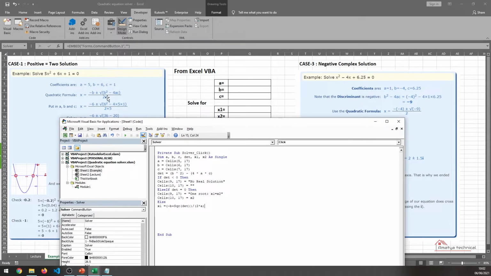You can see this formula is exactly the same as I have written here, and x2 will be the same as the above, but instead of plus we're gonna write minus this time, bracket close,